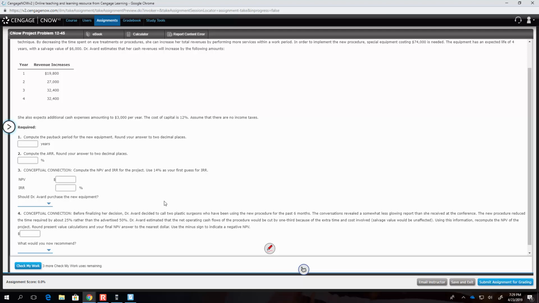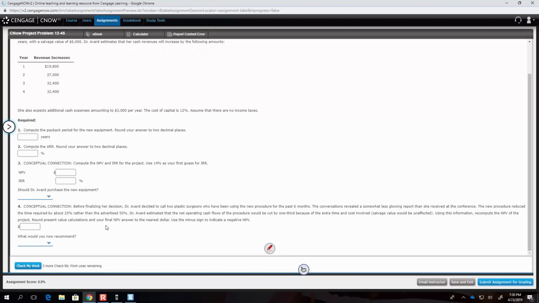And they want a whole percent: 12, 14, 16, 18. Don't use your calculator's answer of 12 point blah, blah, blah. Round to the whole percent when you get to question 3, internal rate of return. C now is assuming you're using the textbook, and they don't have anything more than the whole number. Okay? Now, question 4 is,